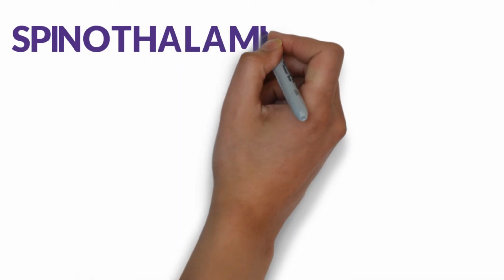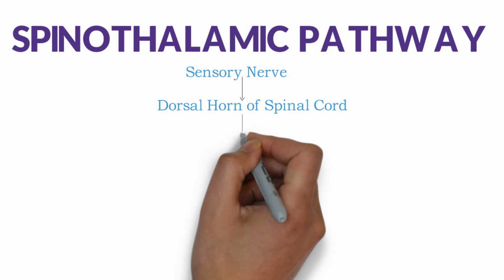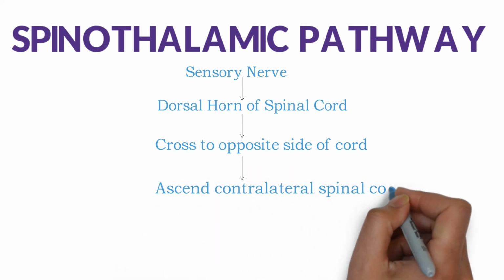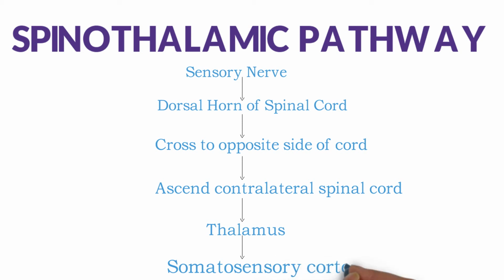This pathway starts from the sensory nerve which reach at gray matter in the dorsal horn of the spinal cord, where it starts traveling in Lissauer's tract and then synapse in the secondary neuron. After synapsing in the secondary neuron, this fiber crosses to the opposite side of the cord through anterior white commissure, as these fibers decussate at the entry level of the spinal cord, and therefore this tract ascends on the contralateral side of the spinal cord and reach at ventral posterolateral nucleus of the thalamus. After reaching the thalamus, this fiber travels to the parietal lobe of the cortex, which is also called somatosensory cortex.